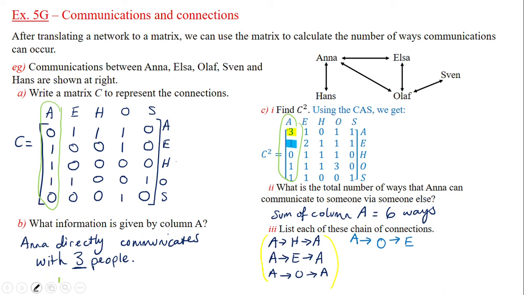Let's look at, sorry, I am trying to pick a different color highlighter. There we go. She can communicate to Olaf via someone else. So to do that, Anna can communicate to someone who then continues to communicate that through to Olaf. And we look back at the network, that has to be Elsa because she's the only one in between the two. And finally, very last one now,